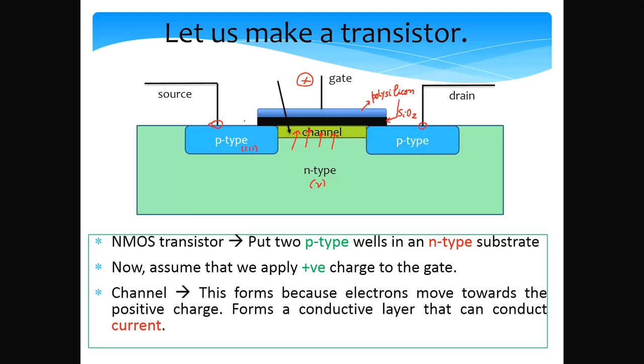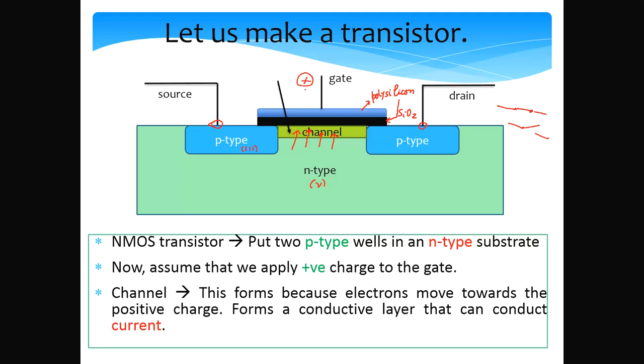And thus the transistor, in this case the switch, will in a sense close. So basically current can flow. Then if we apply a negative or zero voltage to the gate, the channel will go away. And since even a doped semiconductor is not a very good conductor of electricity, we can think of this as the switch being open. So what is the controller of the switch? The controller of the switch is the potential at the gate.